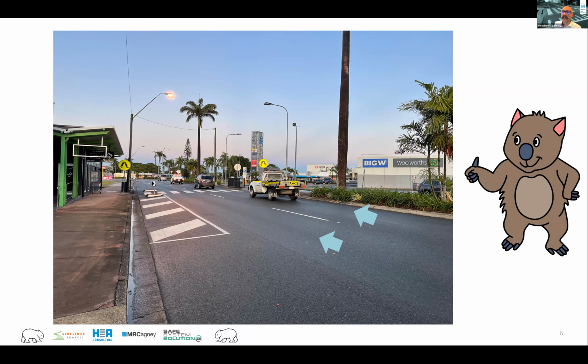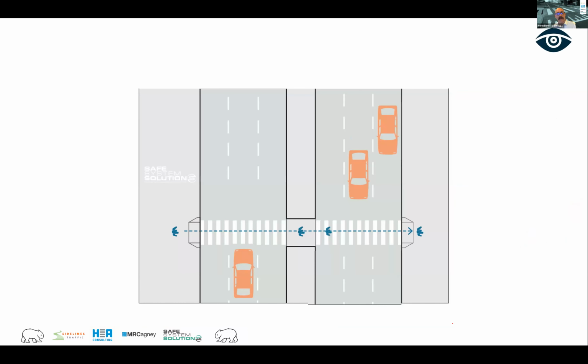The other thing is that we've got this multiple lane threat, as Michael has said there. That is something that is always important to think about, and certainly as a road safety auditor, safe system assessor, it's something that increases the likelihood of crash. What are we talking about when we say multiple lane threat? Well, let me use this diagram as an example. You can see here we've got 3 lanes in each direction,